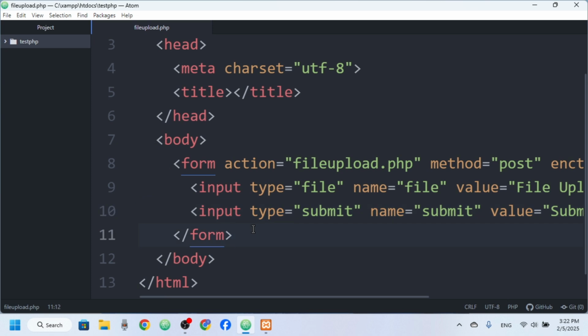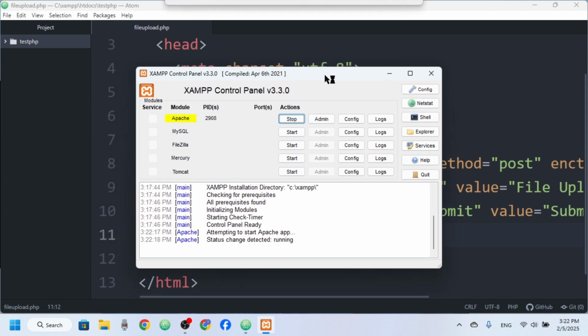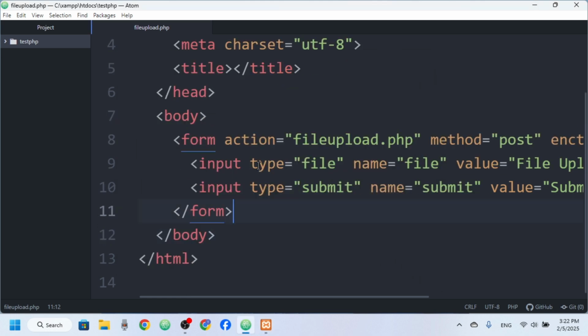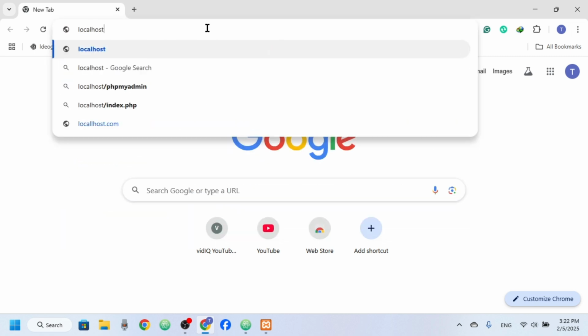Now let's just open it from the browser. To do this, you just have to turn on your Apache server, and you can see the XAMPP control panel here, and we have Apache here. We just have to start it. For now we will not use MySQL because we don't have any MySQL work here, so let it be as it is. Now go to any browser you want, and you have to type here localhost